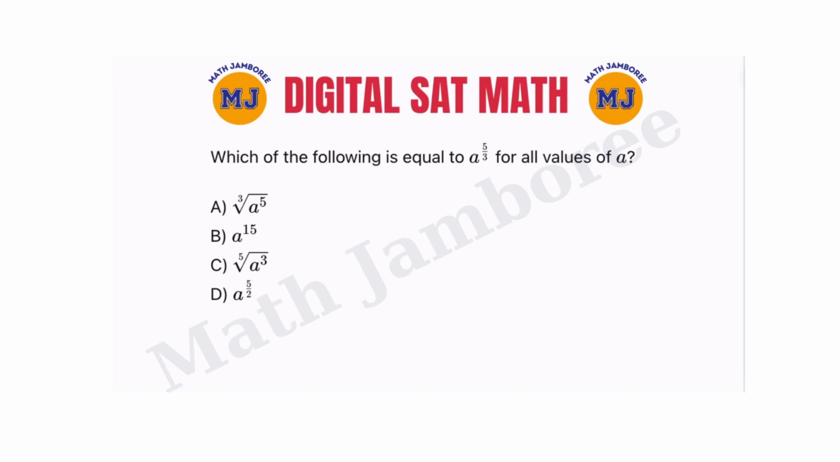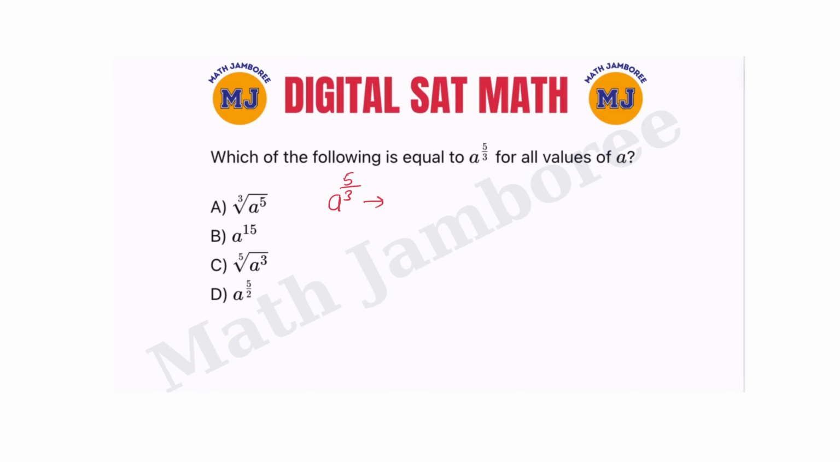Which of the following is equal to a to the power of 5 over 3 for all values of a? Choice A, B, C, D. We are given 4 different choices. While you're solving these questions, I just want to point out something about 5 over 3. Just for you to remember,